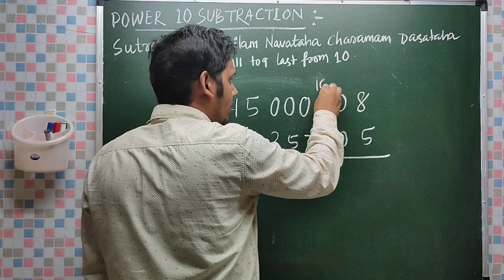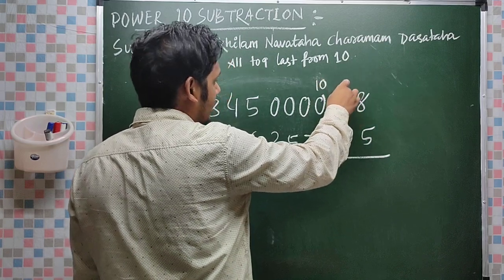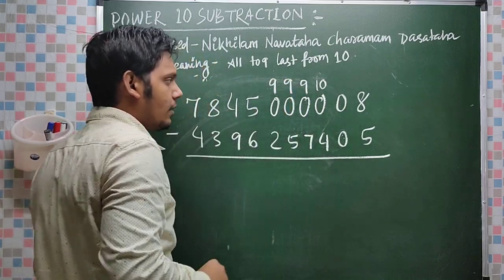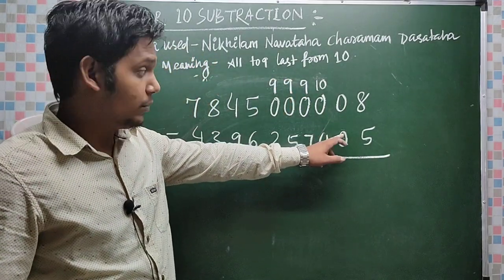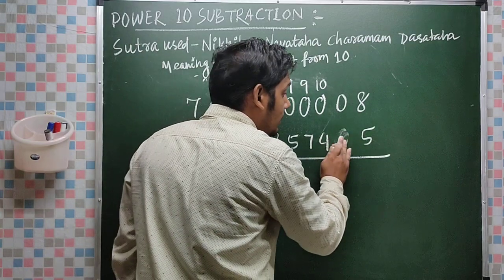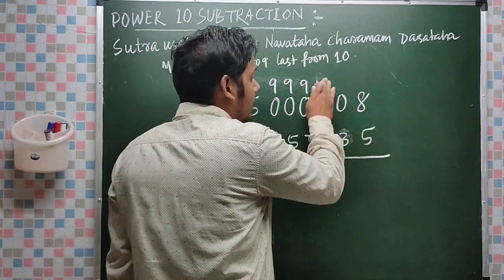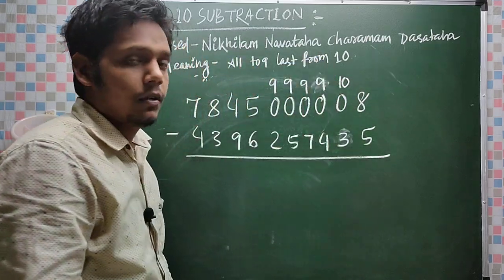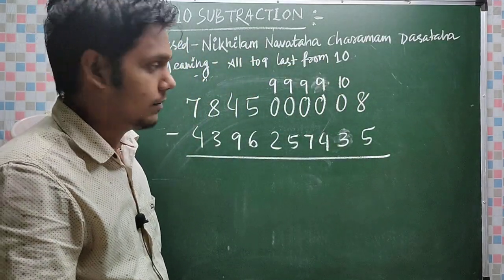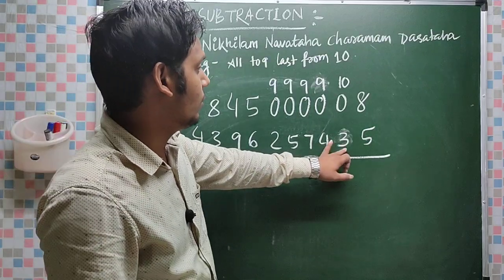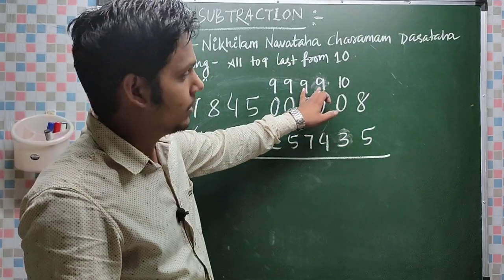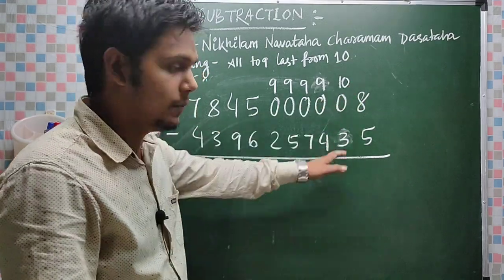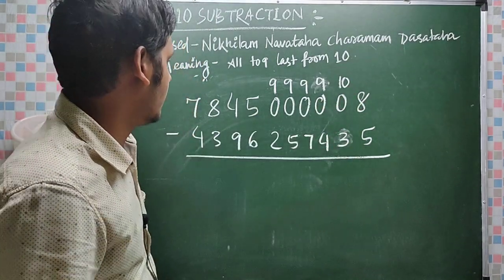So at this one we have to write 10, but I cannot do 10 minus 0. And before that, all zeros I have to make 9. So this one you have to check. If this number is 3, then you have to take 10 here and this 0 must be 9. If it is 0 here, then you have to take 10 here. If it is 3 here, then 0 minus 3 is not possible, so you have to take 10 here. Let it be 3, then we will change.